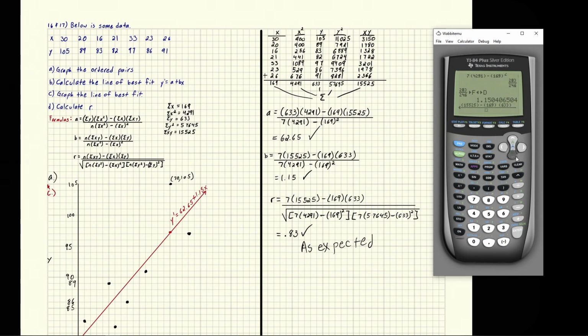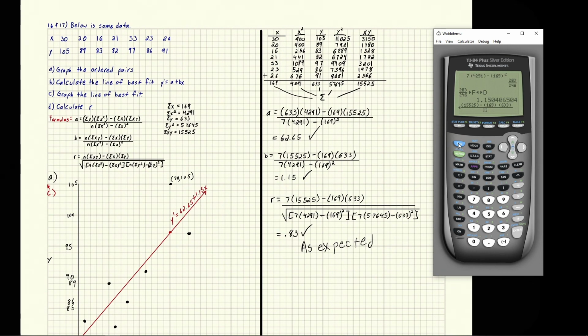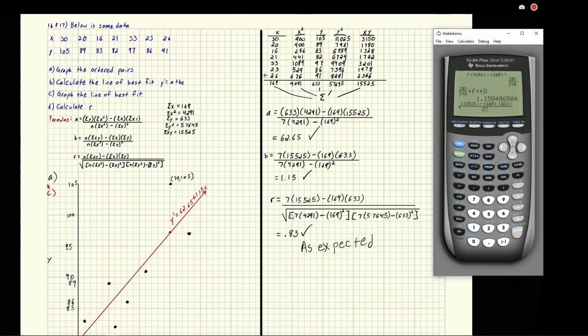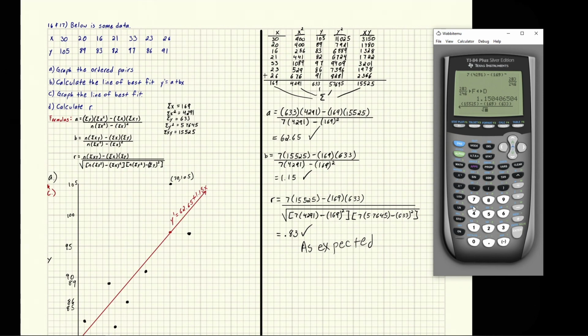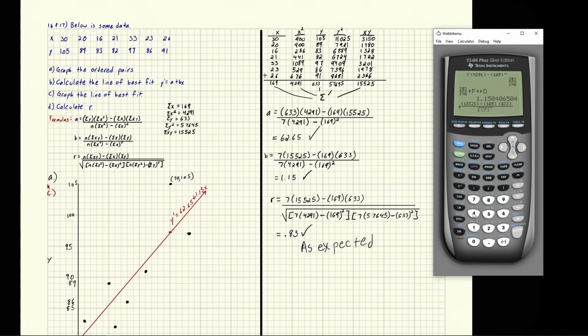So there's our top. We come down to the bottom. Everything is inside of a square root on the bottom. So I'm going to type the blue key since the square root's in blue. So blue key, square root. And then again, this is just a parentheses. We just wrote it different so it's easier to read. So we put parentheses, 7, and another open parentheses. We've got to do the same types of parentheses. So we do 4291, close parenthesis, minus open parenthesis, 169, close parentheses, square it, and then we close parenthesis again